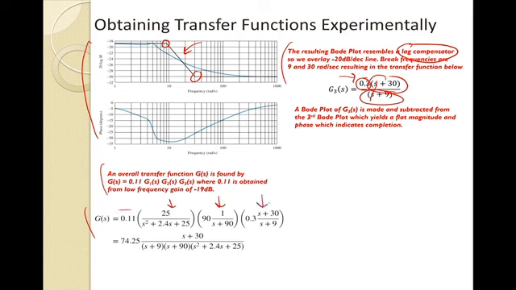Now, the only thing we added here was 0.11. So where did the 0.11 come from? That's going to be obtained from our low frequency gain of minus 19 dB as shown here. By looking at that point, we can move that up to 0 dB, and from that characteristic, we can calculate that that's going to be 0.11. So we have these three cascaded transfer